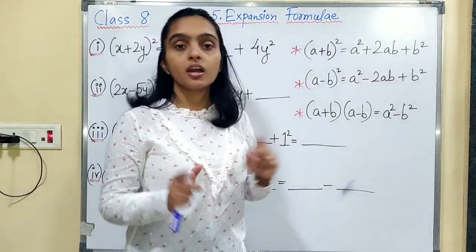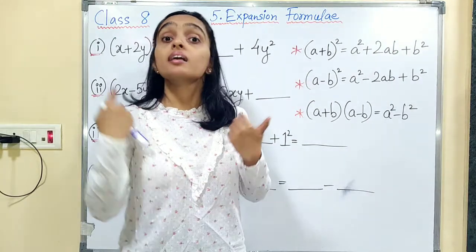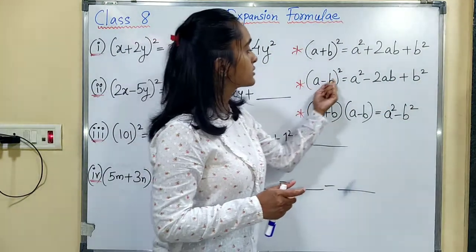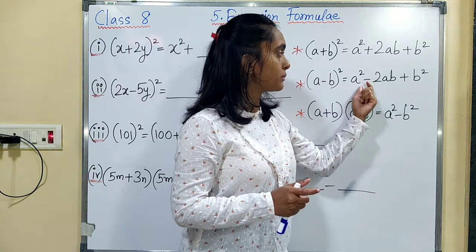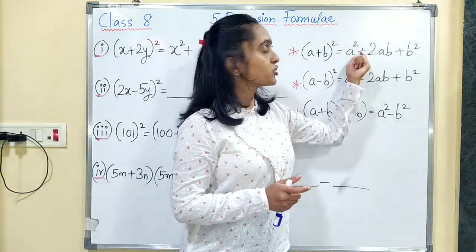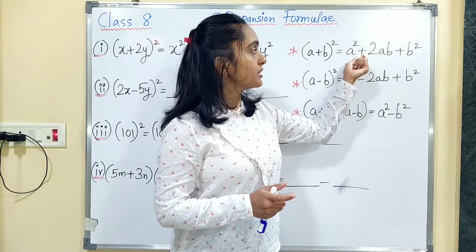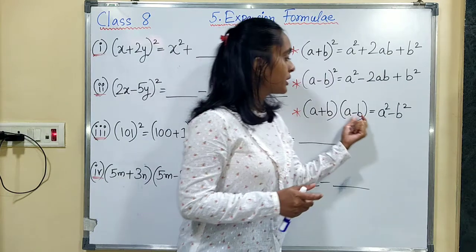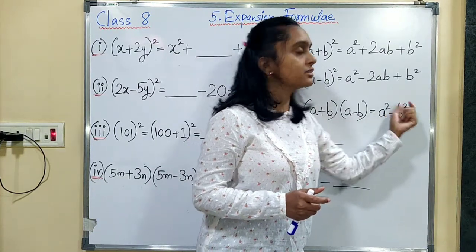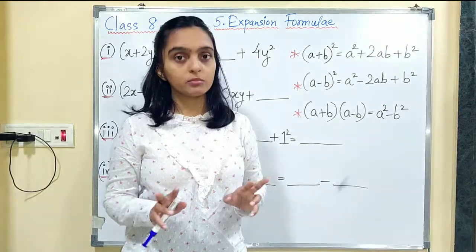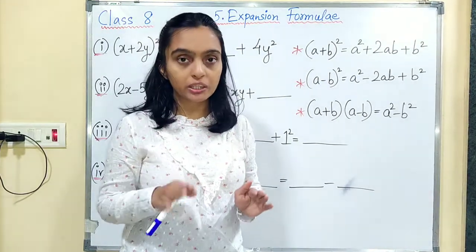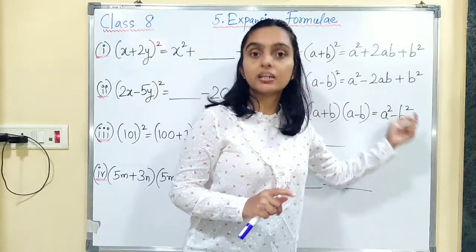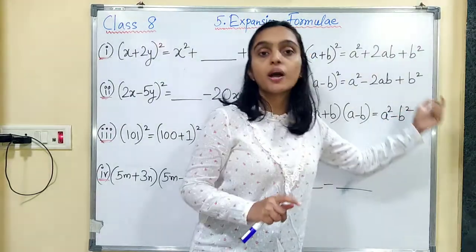And if we have two terms and we have to square its subtraction, we will use the second expansion, that is (a minus b) the whole square equals a square minus 2ab plus b square. So here just the sign is different. Here the plus sign becomes a negative sign. Now the third one is (a plus b)(a minus b) equals a square minus b square. If you have any two terms, then the product, that is the multiplication of their sum and their subtraction, is the subtraction of their individual squares, that is a square minus b square.